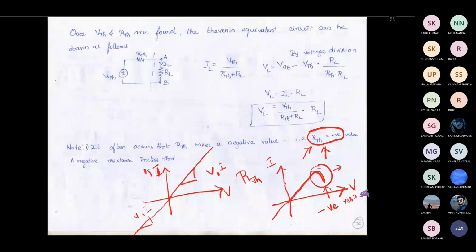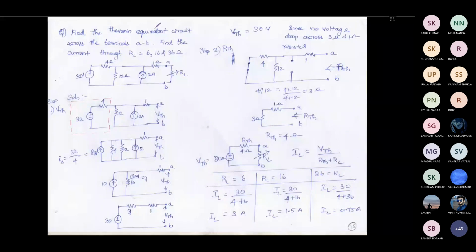This is applicable for one type of diode, the Schottky diode. That is not needed for us, but the meaning of this RTH is, when you are increasing the voltage further, the current is decreasing. So if you take the slope, it will be negative. If the slope is negative, it means that the resistance is going to be negative. That is what it means. Okay, so let us proceed with a simple problem.